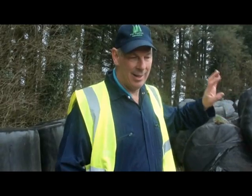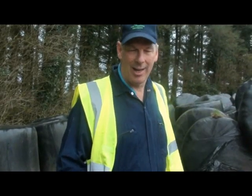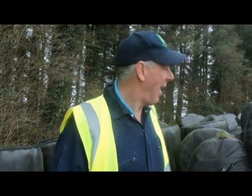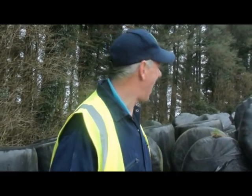it in round bales. The bale is much lighter, dry matter, and because it gets sunshine, and some people turn it as if they're making hay, and there's less effluent, which is obviously good for the environment. A lot of farms, as you drive around the countryside, the length and breadth of the country, you see stacks of these bales. Now, they are good in their own right, but again, they can pose a threat for young